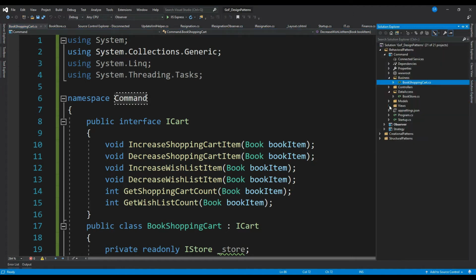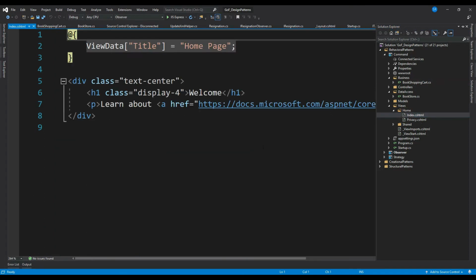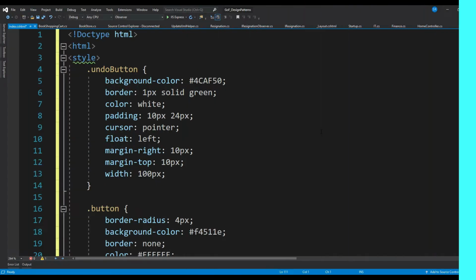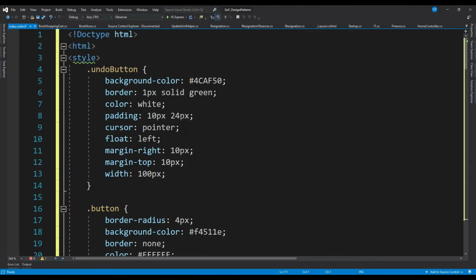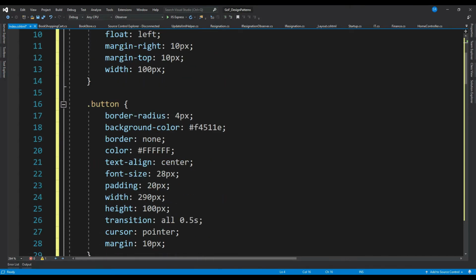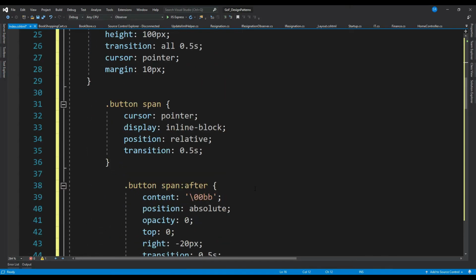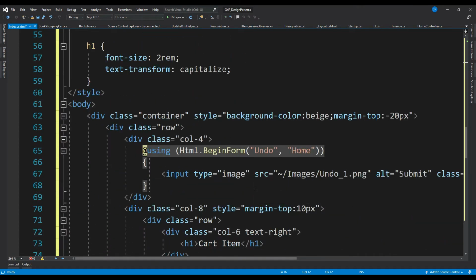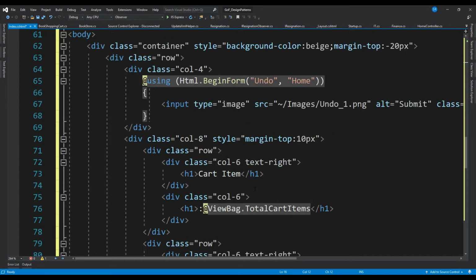Now let's go ahead and update our view and write our action methods in the controller. Again, let me write a few CSS and HTML and come back. So here we have a few CSS. So down here a few HTMLs. I'm using here the Bootstrap row system to create our layout.